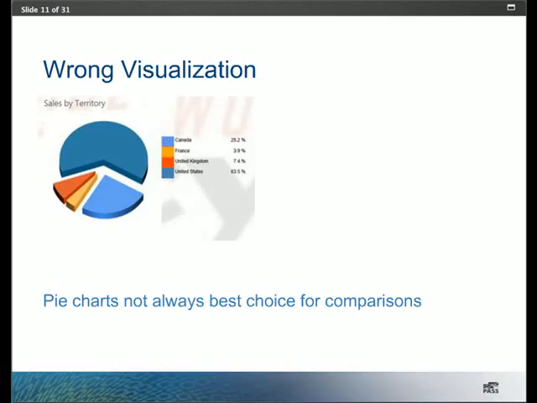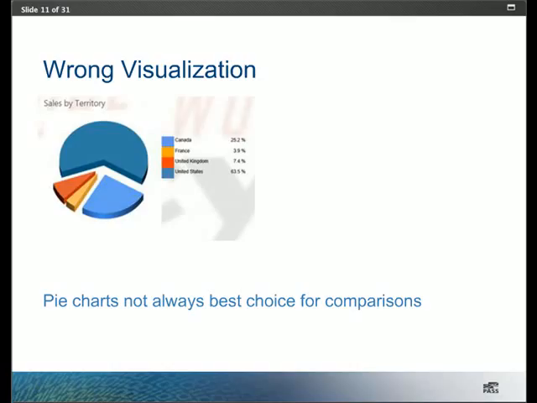Now, if you're comparing 2 or 3 categories, maybe you can get away with it. The problem is that our eyes cannot really tell the relative size difference of pie shapes when we start getting too many slices. So, here in this example, you can see that the pie slice at the top is clearly greater than half the total pie. But if you have 20 pie slices, the differences between some of the slices is just going to be more difficult to discern than others.